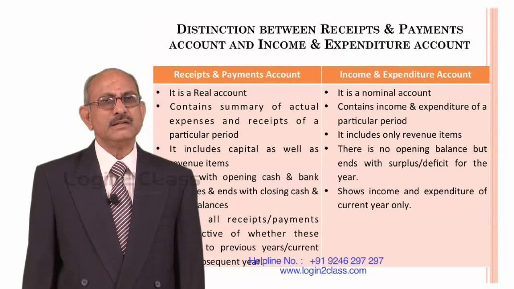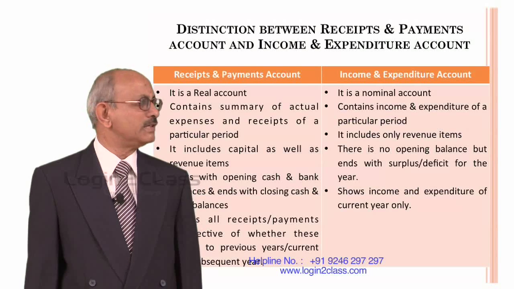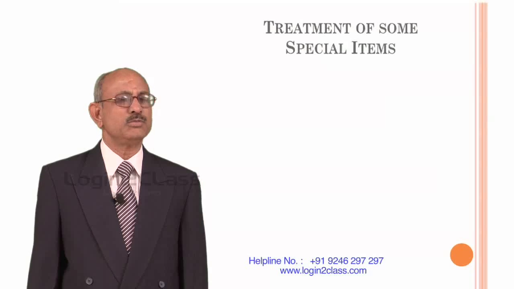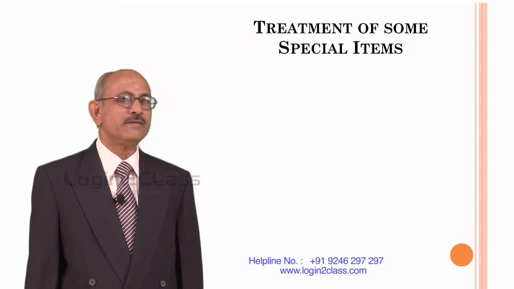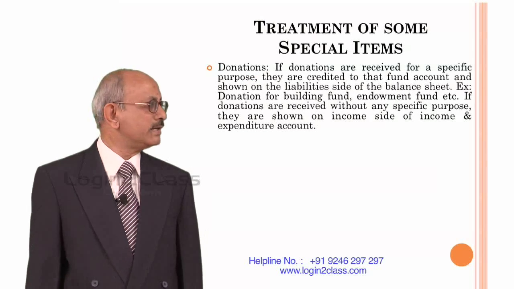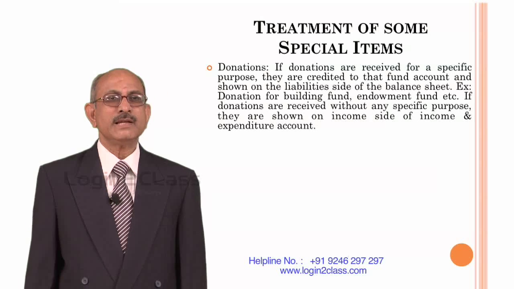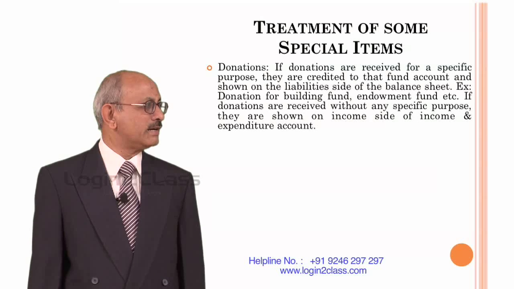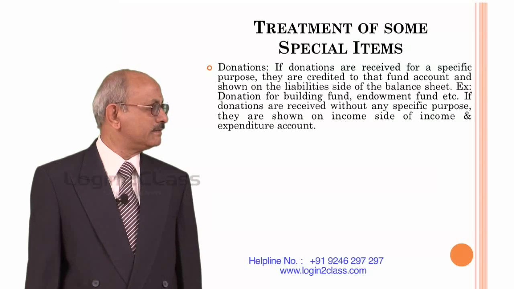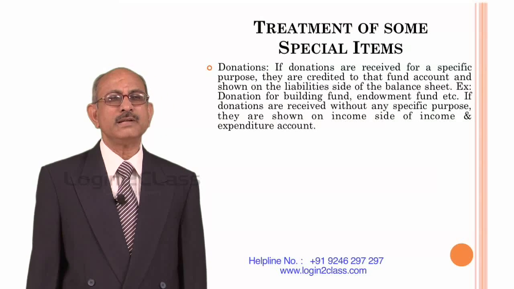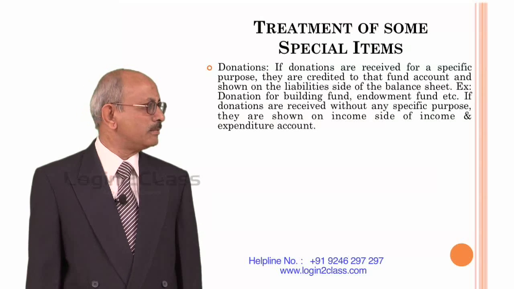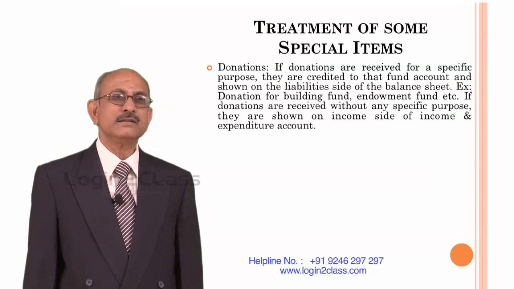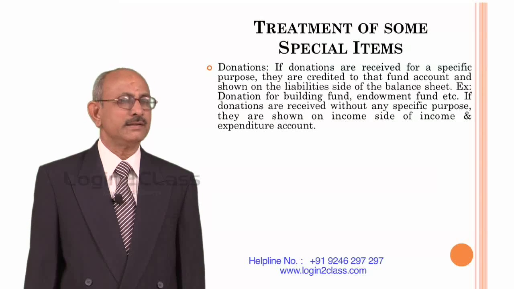And therefore, because of this distinction between the two, certain items are treated differently in both the accounts. Let us try to find out how they are looked at. One is the donations. If donations are received for a specific purpose, they are credited to the fund account and shown on the liability side of the balance sheet. For example, if somebody donates for a building, it is credited to the building fund. If it is for creating an endowment, then it is credited to the